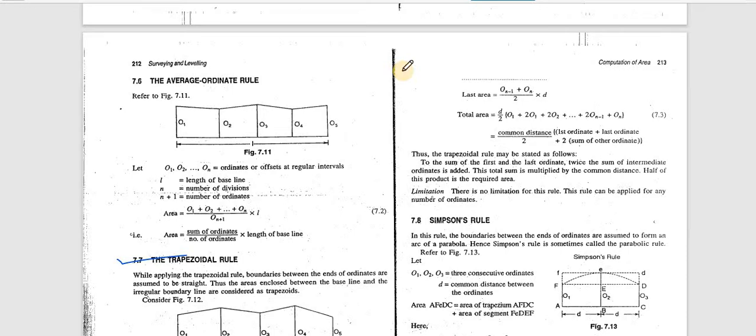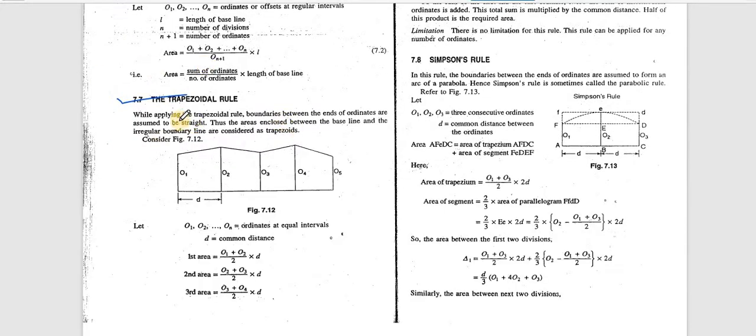So good morning everyone. As you all know, we have started our fifth unit, in which we have completed our plane table surveying. The next part is related to area and volume calculation. So basically we have three rules by which we generally calculate the area and volume. The first rule which we are going to use is by what?